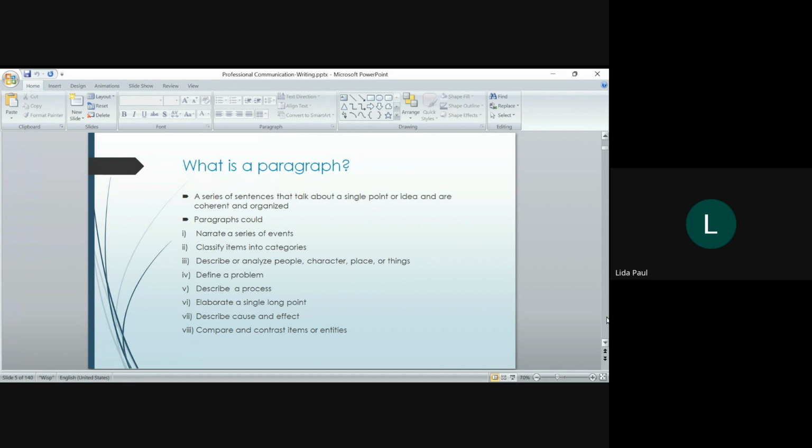By one point, I mean that sometimes they are even just one sentence in length, so the whole paragraph forms just one sentence. So all these kinds of things, or say talking about cause and effect or compare and contrast, are different tasks that you can fulfill using a paragraph, or rather, a paragraph can be used as a form in order to